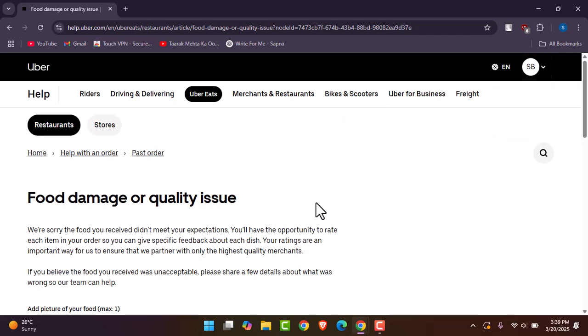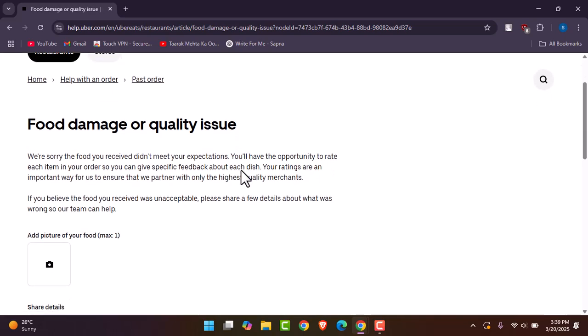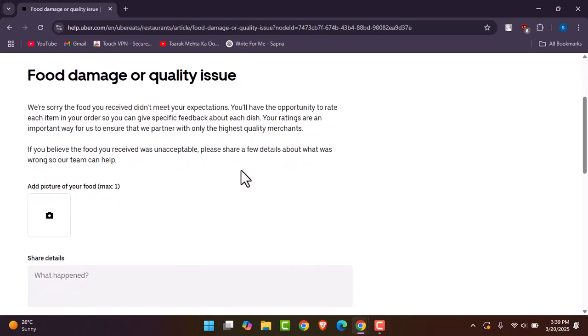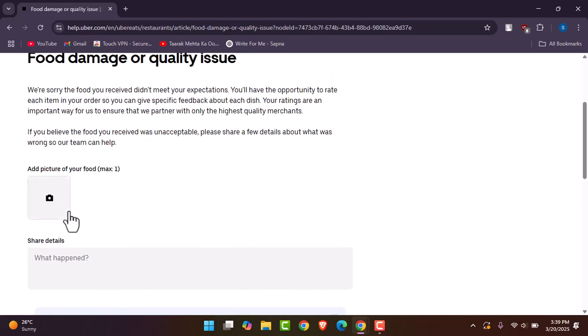Once you have done that, you're going to go to the help center, where you will be able to go to the food damage or quality issue, where you will be able to apply or file a complaint on Uber Eats itself. As you can see, you can go ahead and add a picture of your food by tapping on this